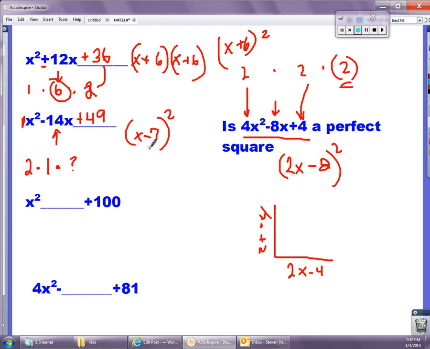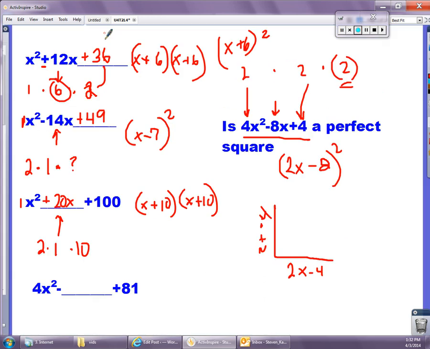These two things are the same. Here, the middle term, remembering that this comes from 2 times the square root of this number and the square root of this number. Square root of 1 is 1. Square root of 100 is 10. 2 times 1 times 10, you get plus 20x. And the factored form, well, how do you get x squared? It's x times x. How do you get 100? 10 times 10. And because it's plus, we got a plus 10. And if you multiply these two together, you'll get x squared plus 20x